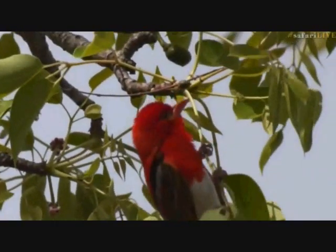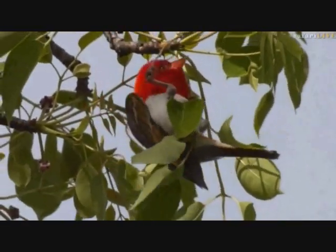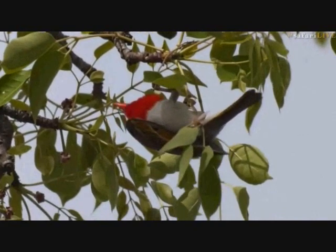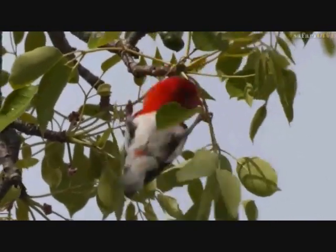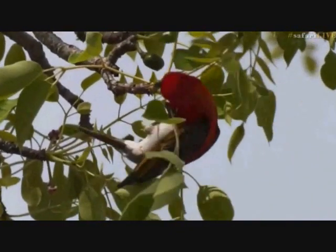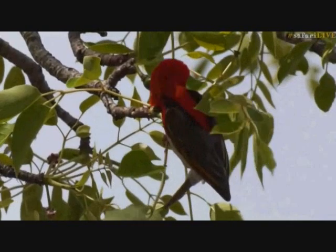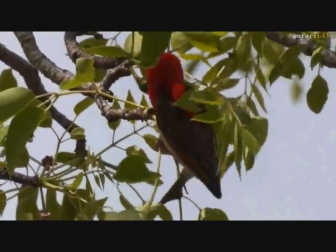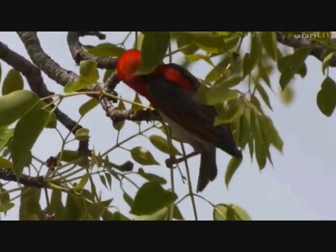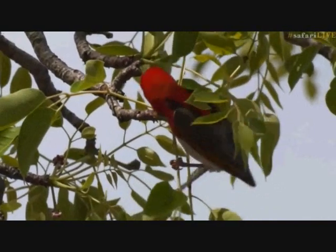What I find fascinating too, and let me see if I've actually got it in my book. I'd like to show you something about these weavers. And I know a lot of you are enjoying this beautiful bird. It is lovely. Unfortunately, this book doesn't have it, but what I wanted to just show you or explain to you was how